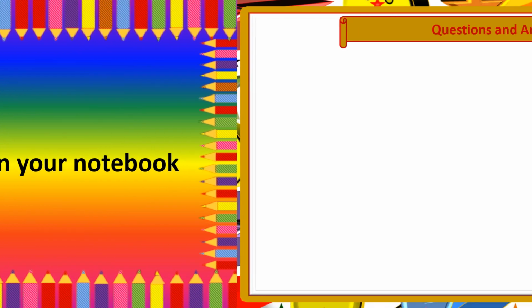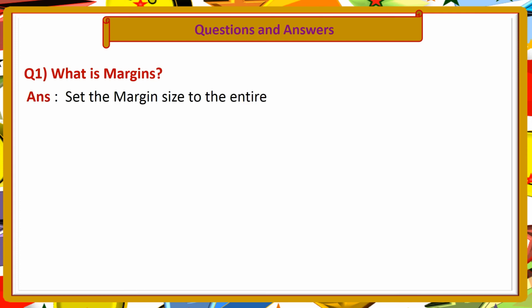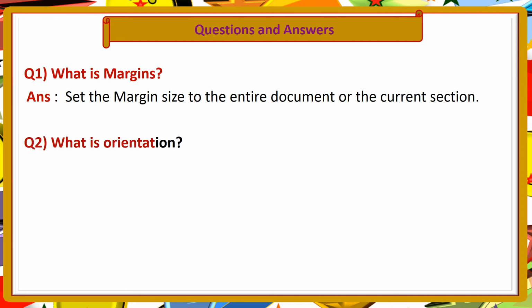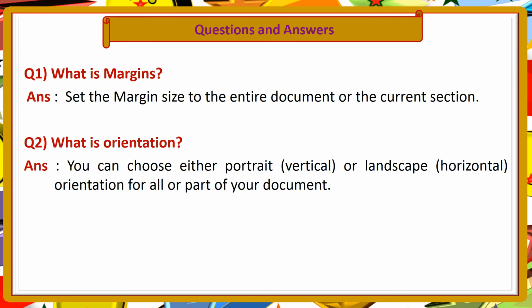Now, let us write this in your notebook. Questions and answers. Question number 1. What is margins? Answer. Set the margin size to the entire document or the current section. Question number 2. What is orientation? Answer. You can choose either portrait or vertical or landscape, that is horizontal orientation for all or part of your